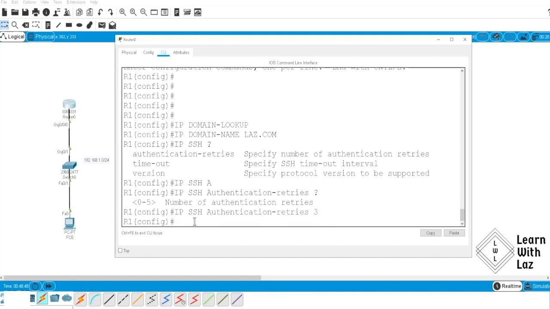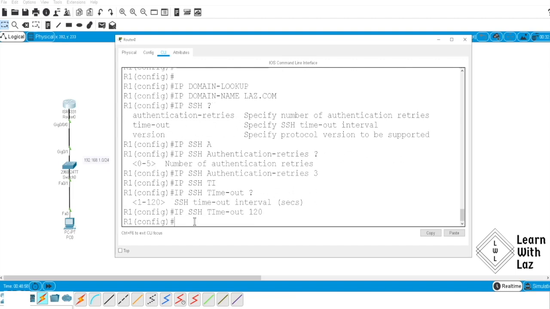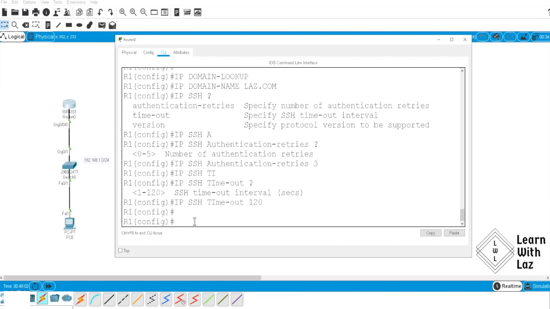And then you're going to do IP SSH timeout. Try that out. It can go up to 120 seconds. So we'll do the max, 120 seconds. All right. So now we're going to generate the keys. And I'll take it slow. It's very easy. It's crypto key generate